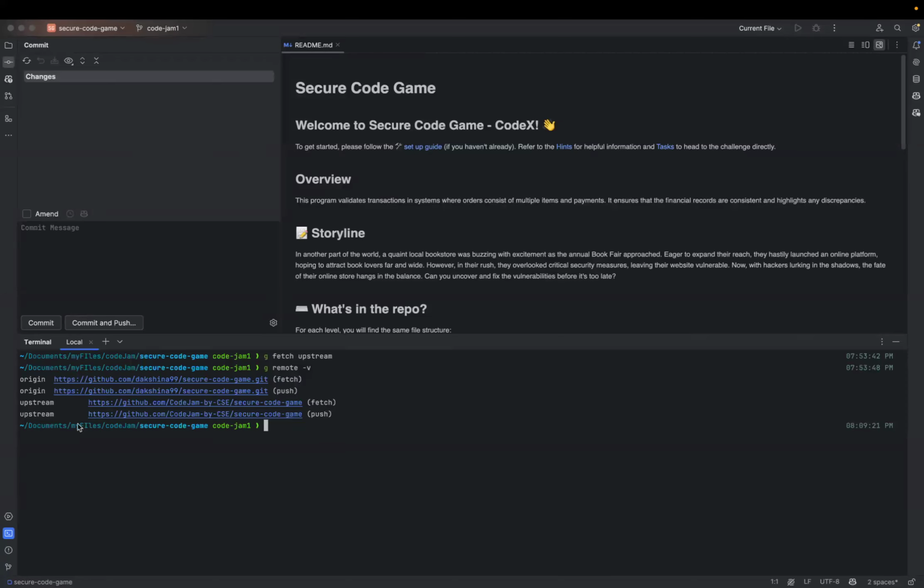The only thing is you cannot push things to upstream. You are not allowed to push directly. You can try that locally from this secure code game as well. When you try to push directly to upstream, it will not allow you to push things to the main branch of this remote.